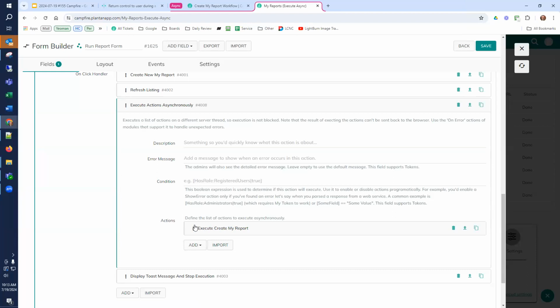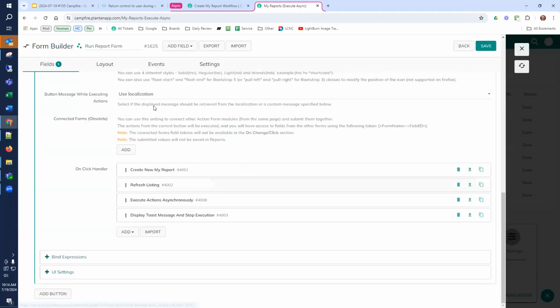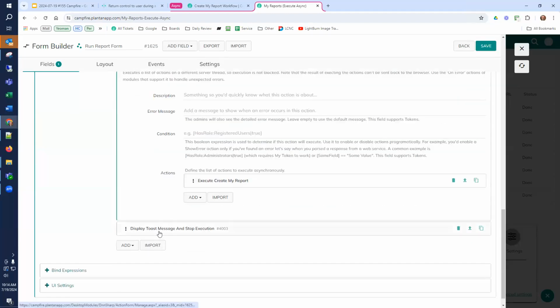So, okay, in this case, let's say this action stack is asynchronous. Correct. Now expand that. Are those actions underneath there also asynchronous?